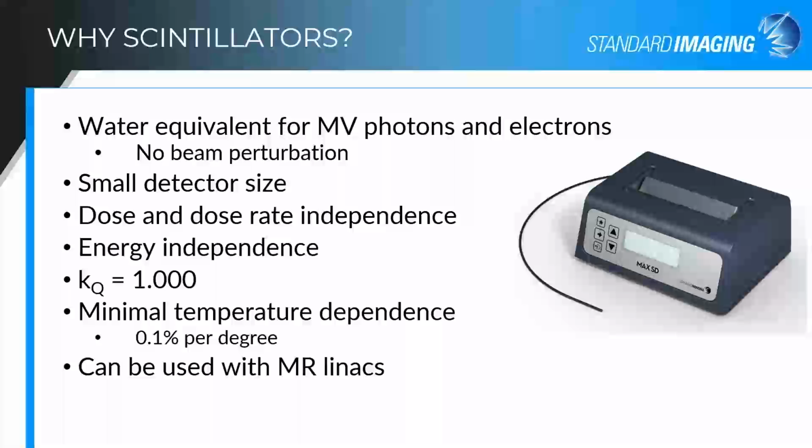We can make scintillators very small. They show no dose or dose rate dependencies for normal linear accelerators. We're looking into FLASH at the moment, but that's where we are for standard and FFF beams. We're not seeing dose or dose rate dependencies. Energy independent for all megavoltage photons and electrons, so that's also very nice. The beam quality correction factor is unity, so there really isn't a correction needed, and that's really a reflection of